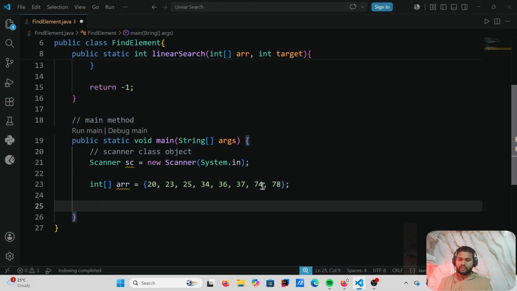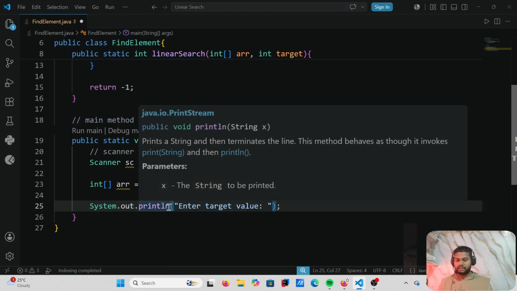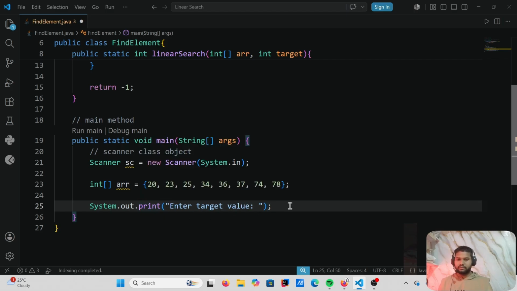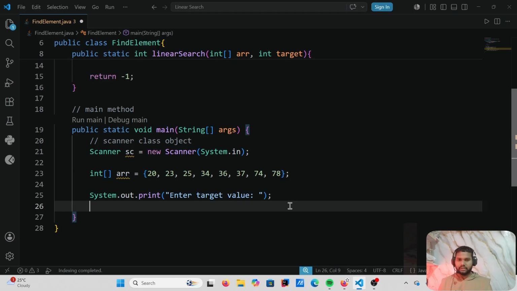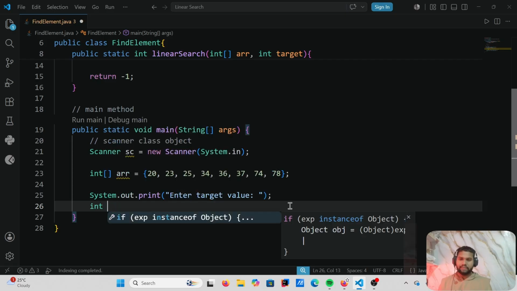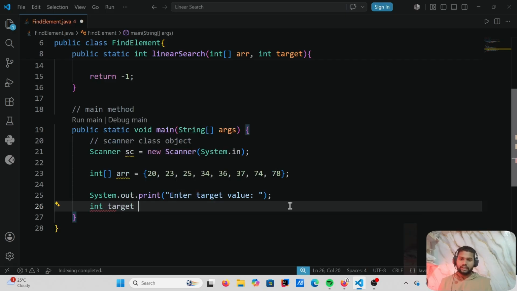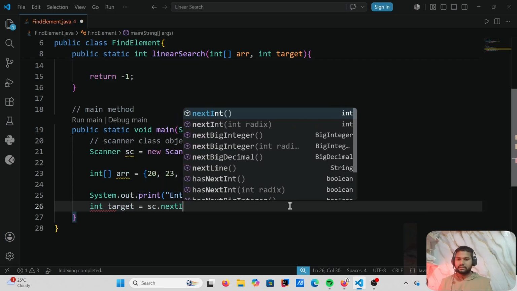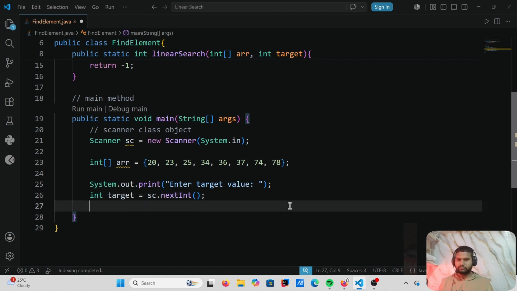Let's take our target value as an input. Just print "Enter target value", and remove the ln because it would move us to the next line, and we do not want that. This is an integer value: int target equal to sc.nextInt();